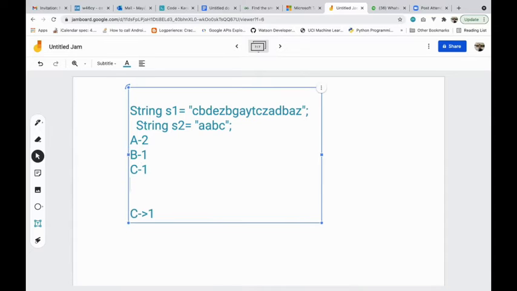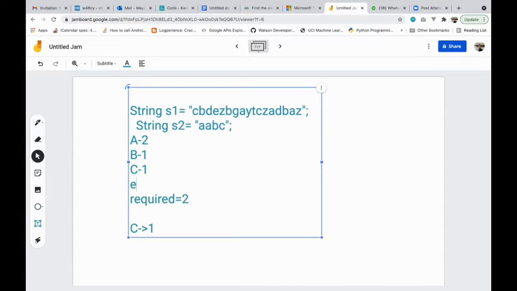So I can increment my variable, call it required, from 0 to 1. Now I get a B. B is having the same frequency which is required here, so my count will become 2. And my expected count is 3, which is my map size.